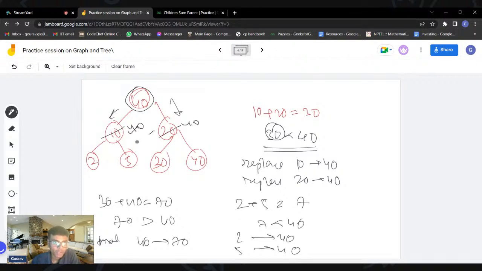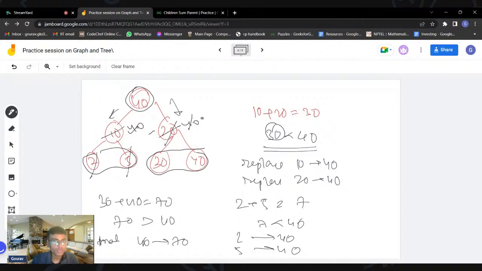We will do the same for the other roots. So 2 plus 5 is equal to 7 and 7 is less than 40. So we'll replace these two values with 40. But when you come here, you see that 40 plus 30 is 70, but 70 is actually greater than 40. So do you know what you will do in that case? In that case, you will increment the parent.